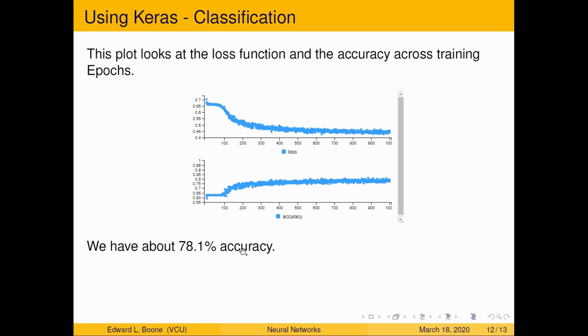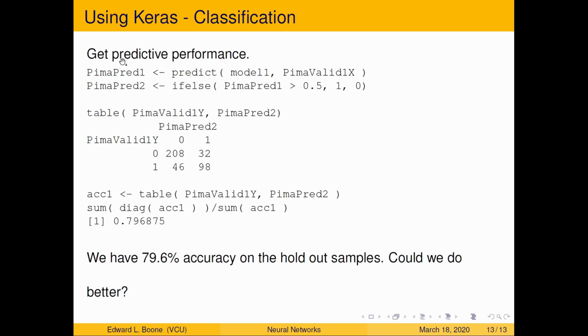All right, now that we've done that, we can go and get the predictive performance. We can predict with model 1. Here's my validation data set. And this just gives me, in this case, probabilities. Okay, so I need to make pred_y2, which is an if-else. If that probability is greater than 1/2, then give it a 1, otherwise a 0. And if I make a table of my predicted versus my actual,